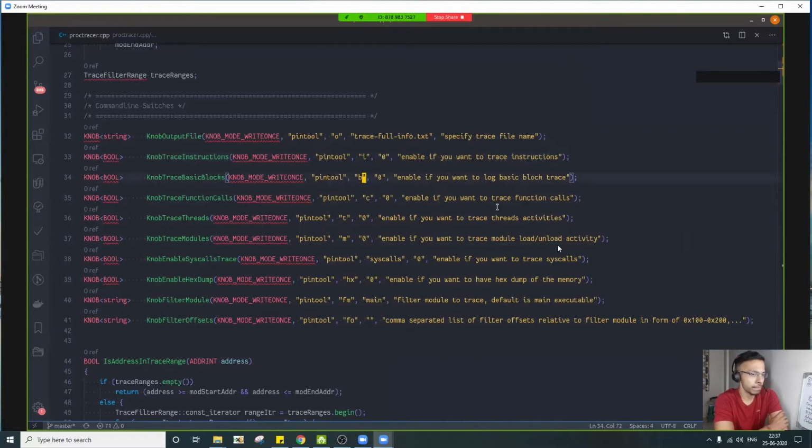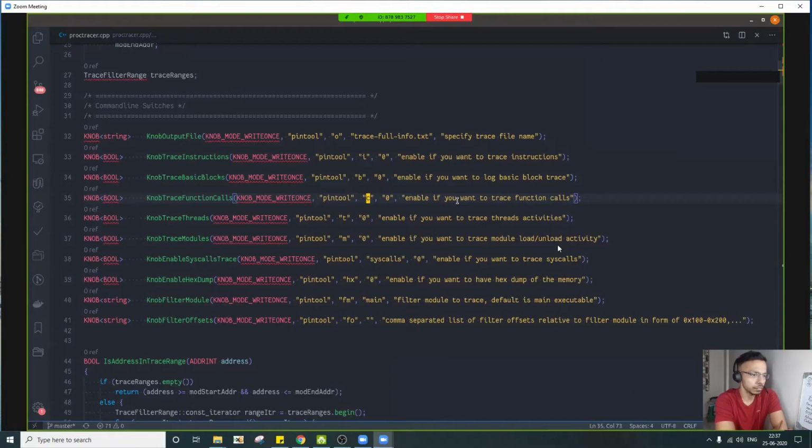B is for when you want to trace basic blocks and dump the CPU context at that particular point. Calls is if you want to just look into the calls being executed inside that particular binary. Thread is thread activity. Module is just a simple way of telling you this module is loaded or unloaded, so module load and unload activity.